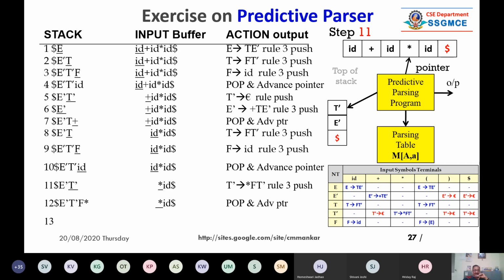Now read the 11th line. T dash is on the top of the stack, it is underlined, and star is pointed by the buffer, it is underlined. So if you read serial number 11, this is a configuration. So T dash and star, you have to refer to the parsing table.